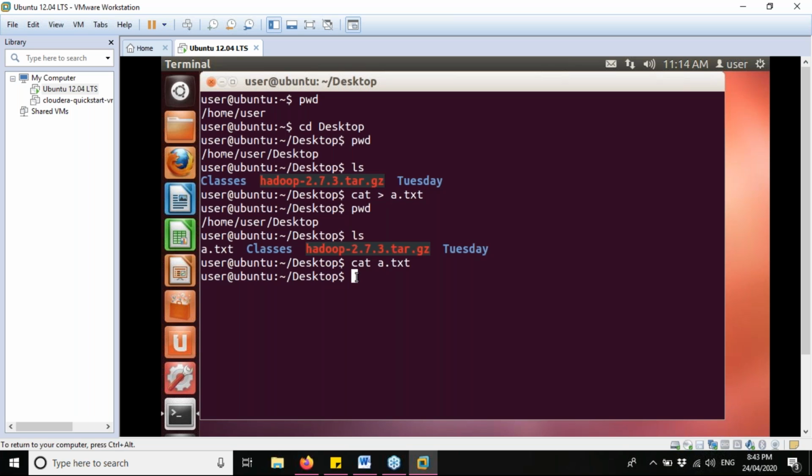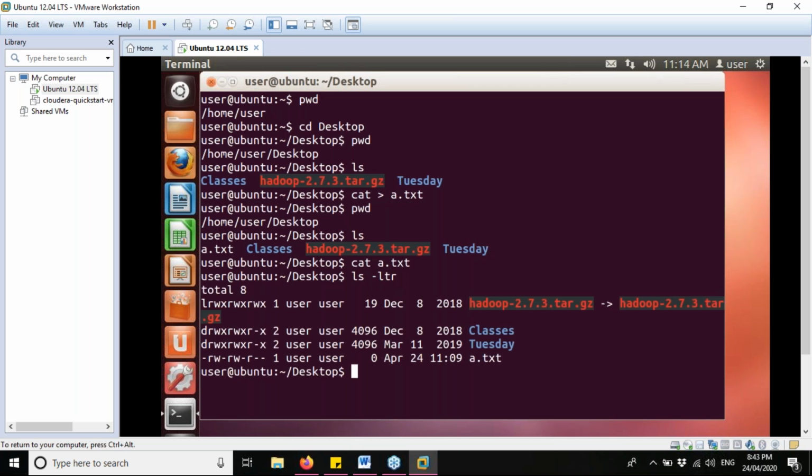So it is not showing anything because it is empty. Now see, when I did this ls -ltr, as we had learned yesterday, you can see a.txt and the size here. It is showing 0 bytes.